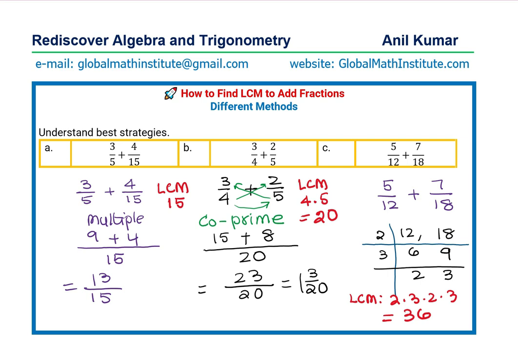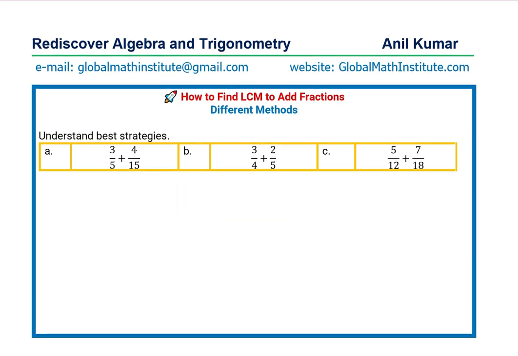So I hope you have understood the strategy of how we find LCM in different scenarios. Now this method of ladder division is very helpful even if we have more than two fractions to add. Let us now move on to a fresh page. So we'll continue. We got the LCM as 36